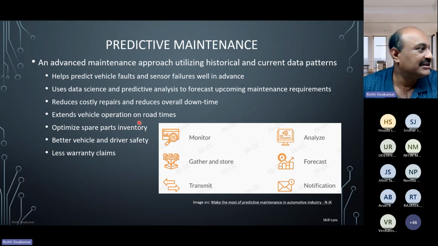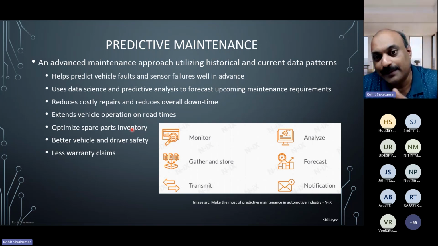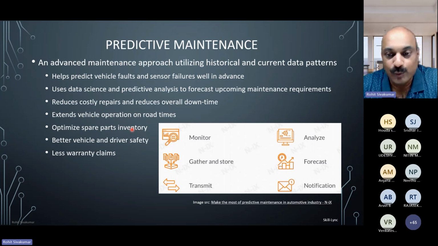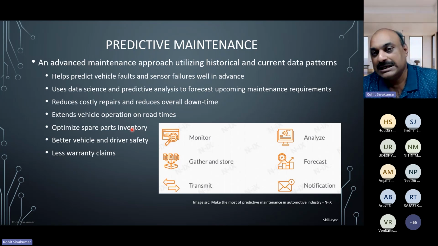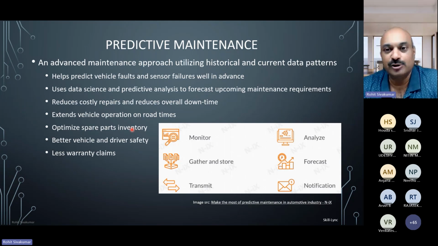And it also optimizes the spare part inventories for the service center. So it doesn't happen that you go to a service center, they say the part hasn't arrived, this part is not available. You'll have to wait for a few days so that we can replace it. So all those issues can be resolved with the predictive maintenance, because it's already telling the service center what part could go wrong. It will tell the users what could happen, and thereby it enhances the safety in a way